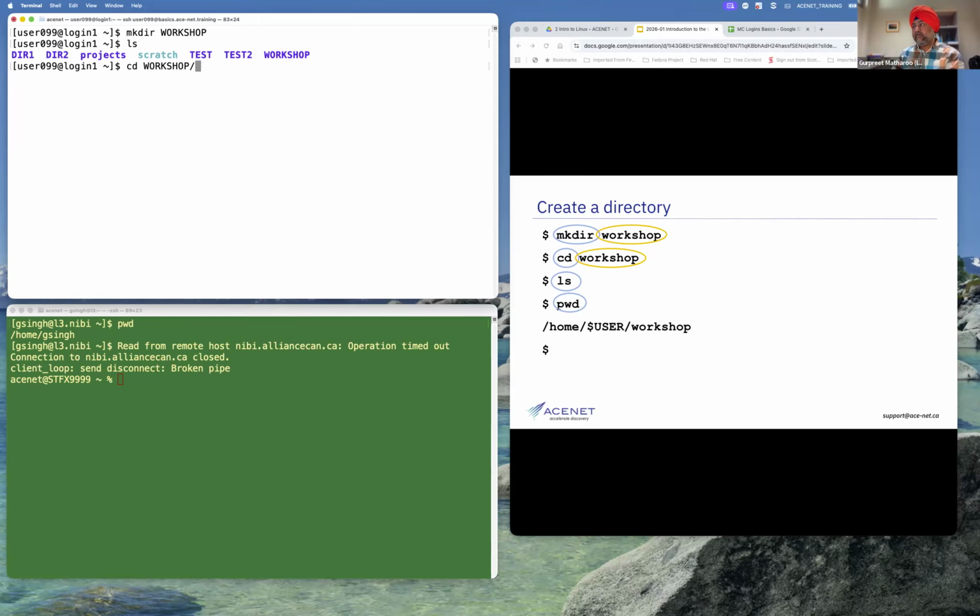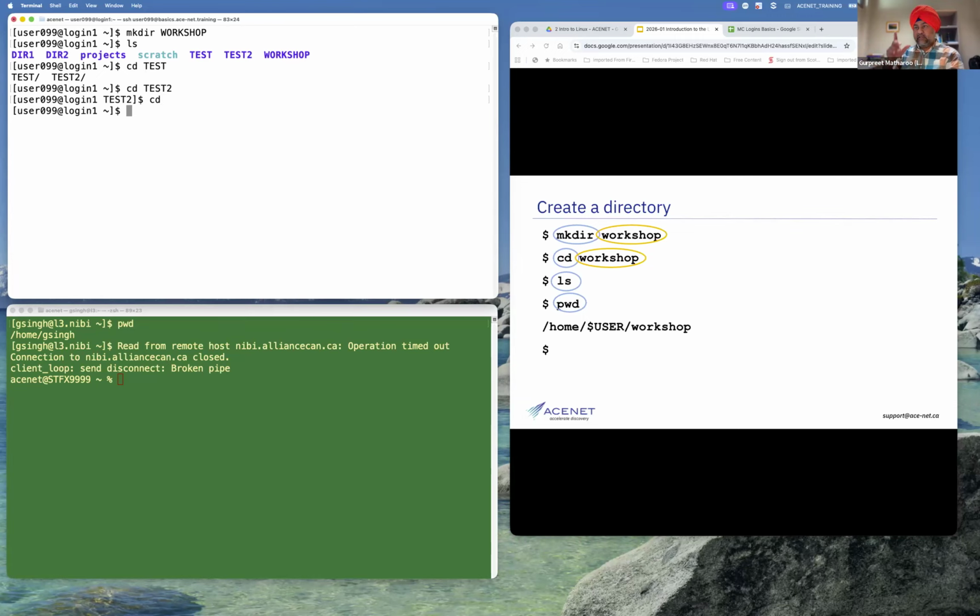So basically, if you do cd workshop, it will take you into the workshop. But let's say I type cd and a capital T over there, and try the tab completion once again. If I press my tab key now, it will say test, but I wanted test2, right? There is test and test2. There are two things, so it has brought me to test. I have to just type 2 here and press enter. So this is called tab completion.